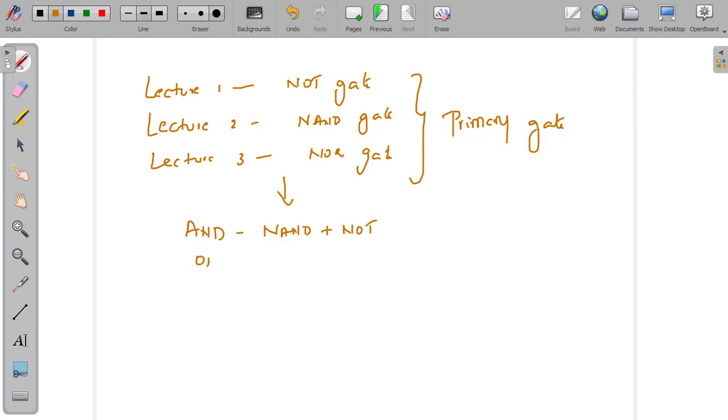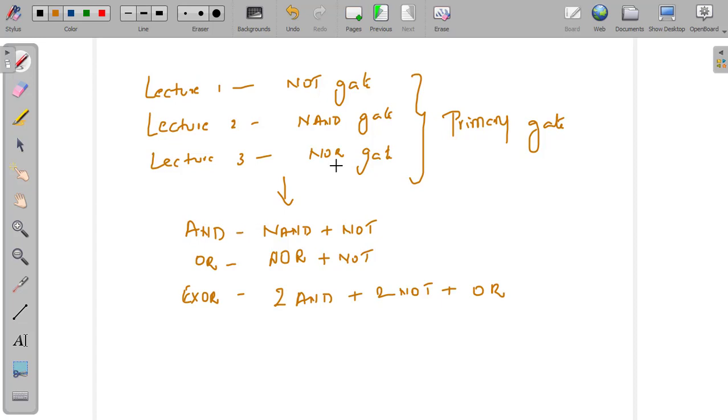And also we can design an OR gate by using NOR plus NOT. Then we can design an XOR gate with two AND gates, two NOT gates and one OR gate.